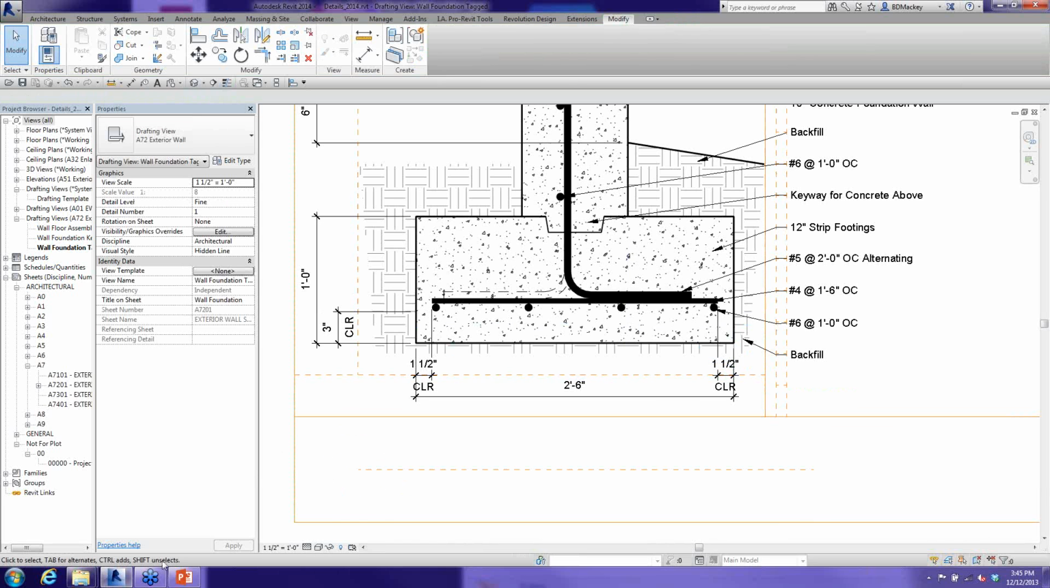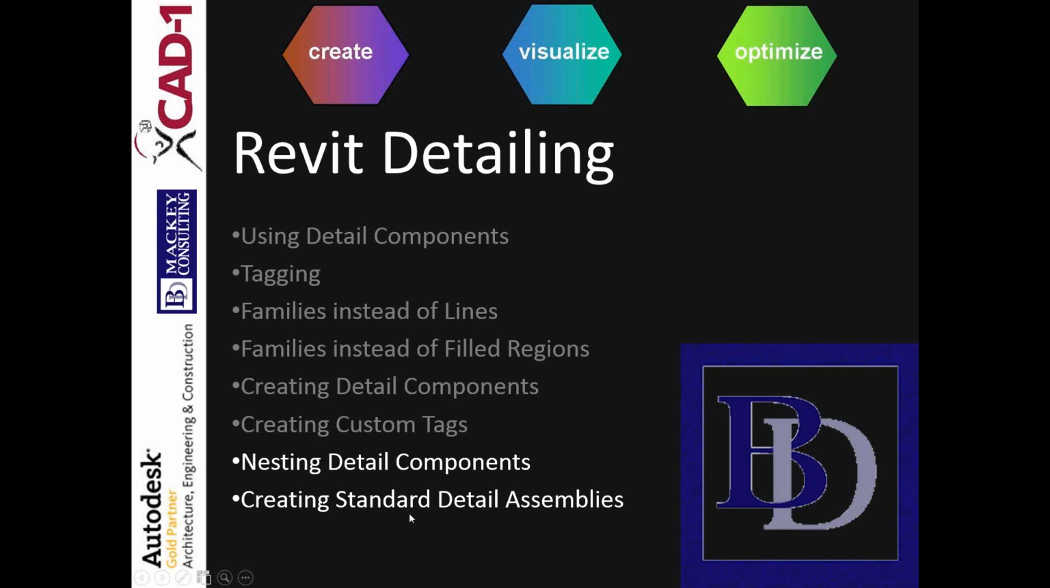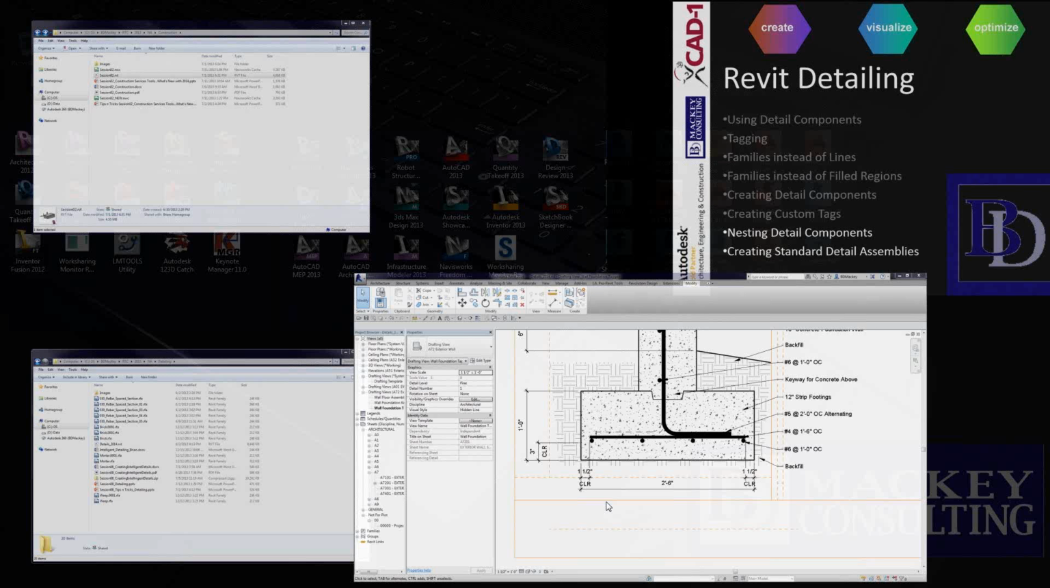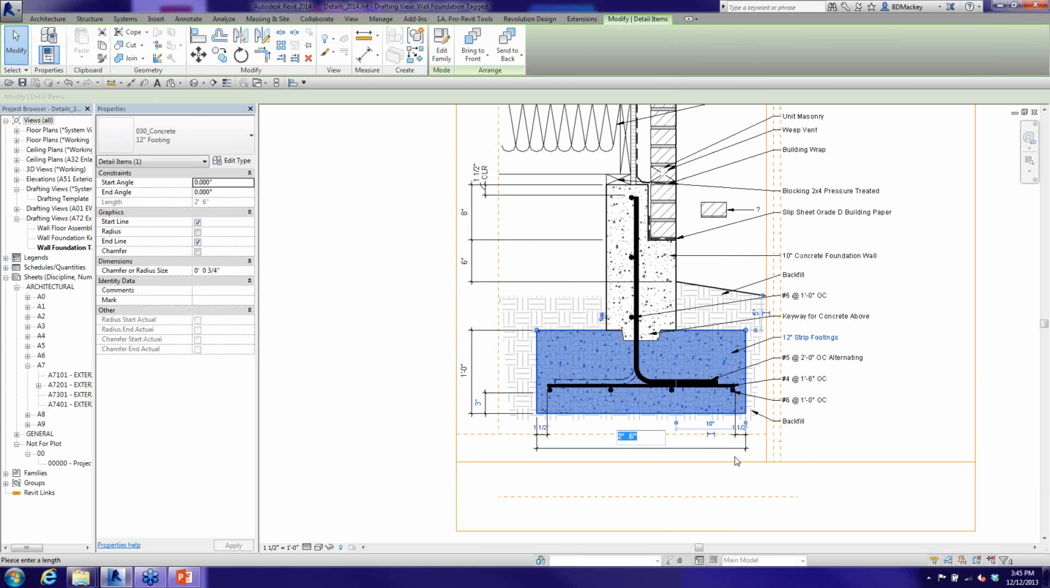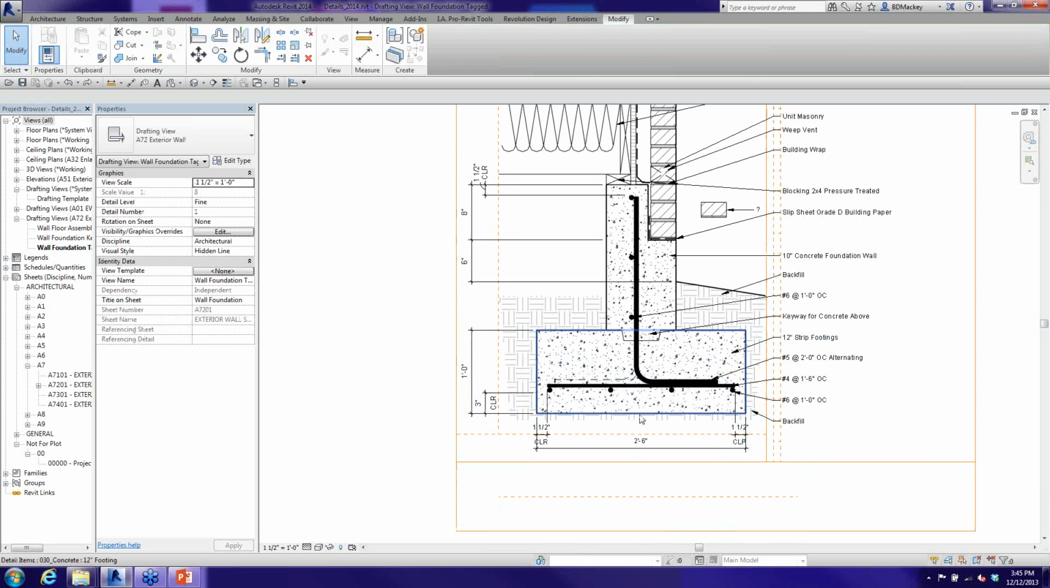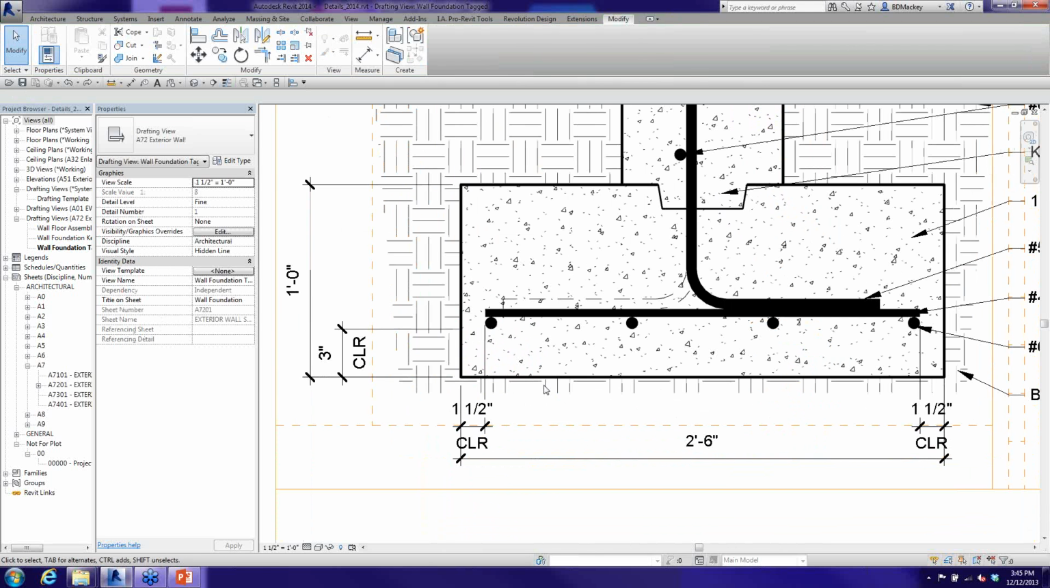Okay? So that said, last thing I said we were going to get into is creating standard details assemblies. And really all I mean by that is once you start getting a standard detail like this, what happens if somebody comes back and says, man, I don't want this footing to be 2'6", I want it to be 3 feet. Well, you adjust that, and now all of a sudden I've got to update my rebar, set some things like that. So all that I'm really talking about in creating standard assemblies is to start adding some parameters